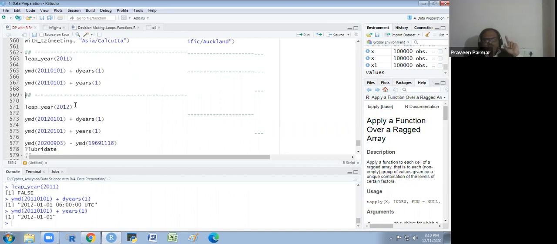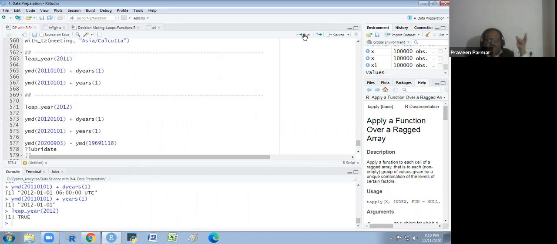But 2012 is a leap year, and if I do the day years, it will take me 365 days beyond. So I will get 31st December 2012, because I will reach beyond 365 days, and the leap year has 366 days.